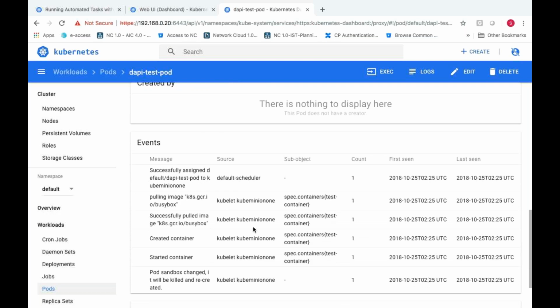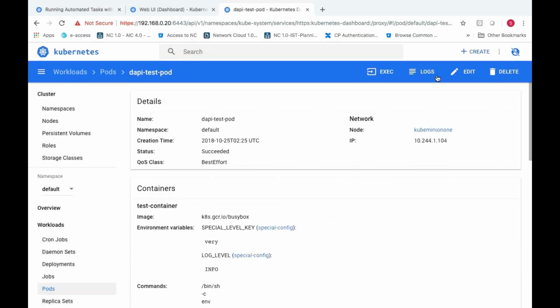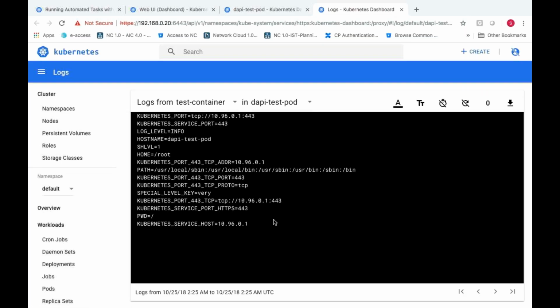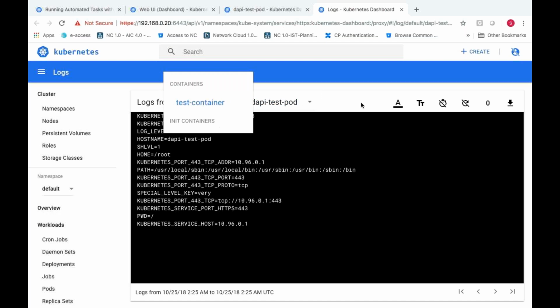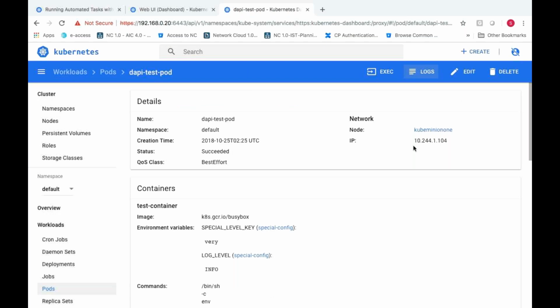Everything we can capture from here only, and you can use logs, and you can see the logs of that particular pod here, right? If you want to check any other pod, then you need to select from here, and then you can see the logs of it, what happened exactly. And then execute, in the sense you can directly execute commands on that particular pod. Let's wait.